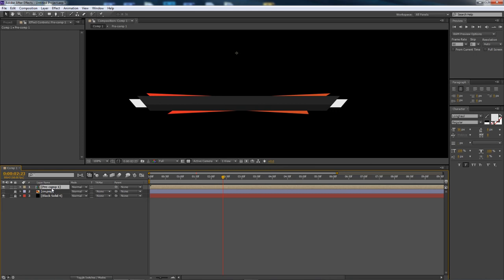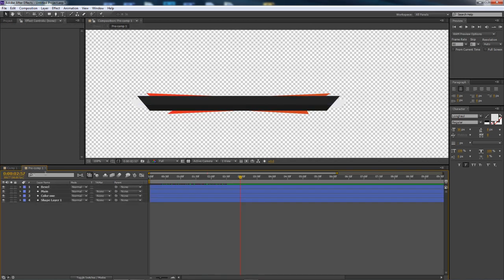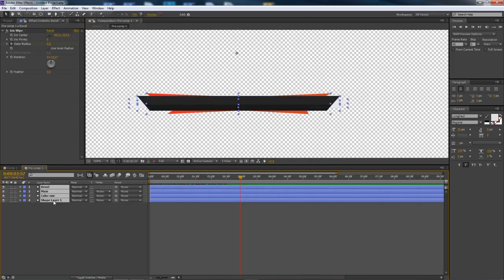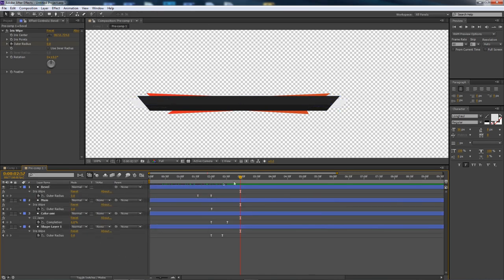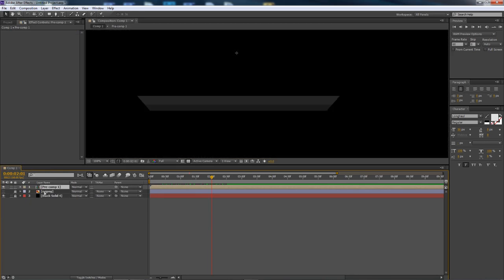So if I press U on my keyboard, there are no keyframes in here anymore, because it's now one entire layer. To get back into the layer, you double click on it, and you'll see the pre-composition. If I press U on my keyboard, now you'll see all the keyframes again. And when you fix the keyframes in here, it will fix the pre-composition within your composition, right? So if I wanted to, after like 4 seconds, close everything down